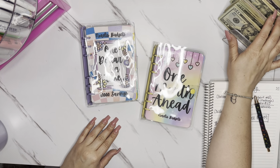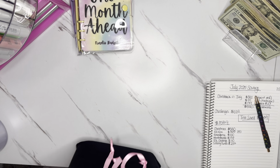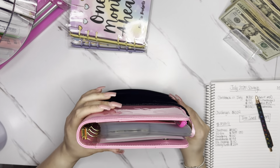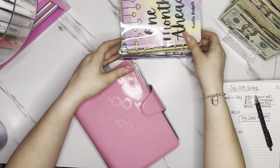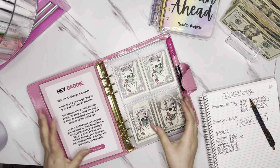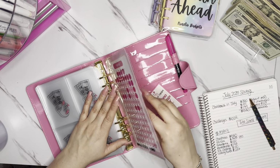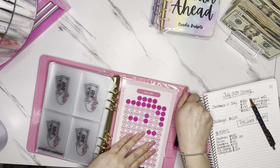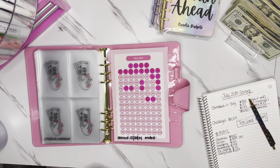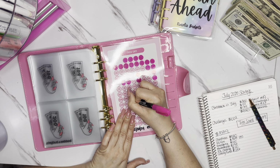So let's do this. I have money here. I have this here. I want to do my 10K. I always like to do my 10K first, because I'm doing that with my tinies. And I always love, this is from Baddies and Budgets. I got this from my advent box that she made. And I already decided that I was going to do the $110 envelope. I saved 102, but I rounded it up to 110. I already had done the $102 envelope, so I wanted to go up, and I just decided to round up to 110. So here is that spot,